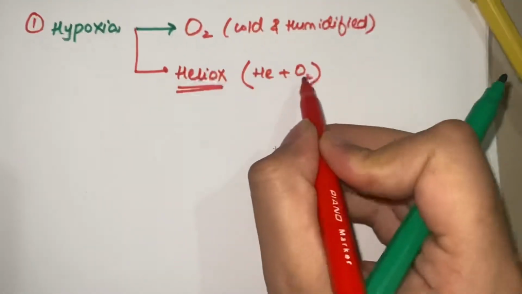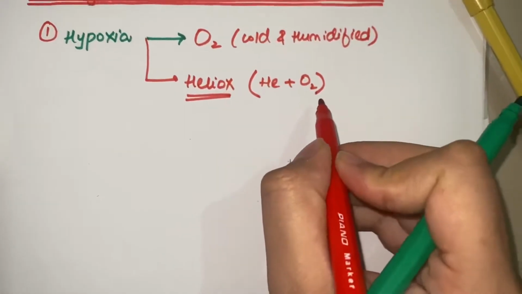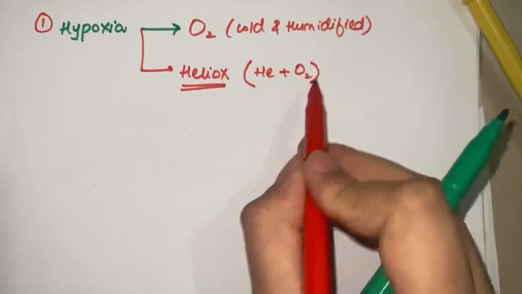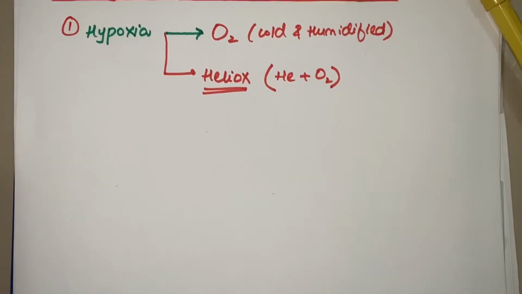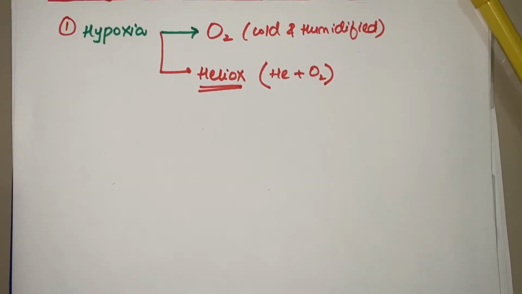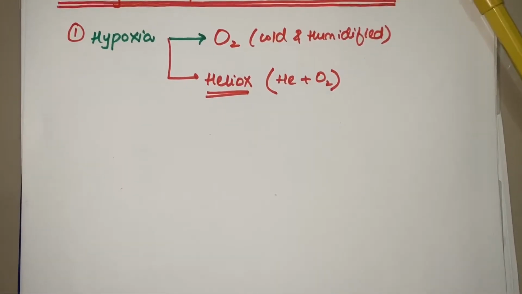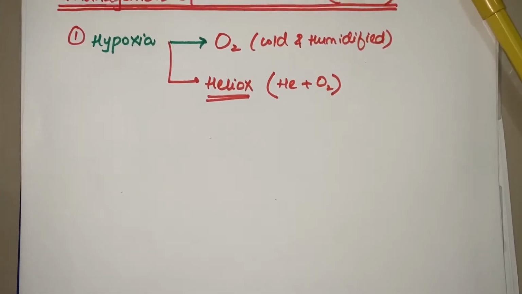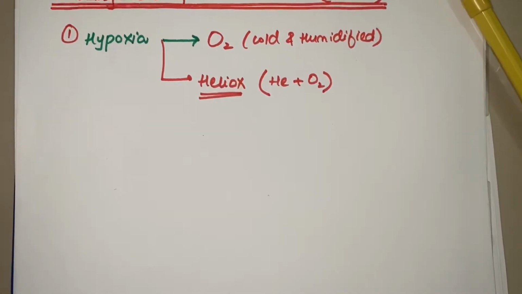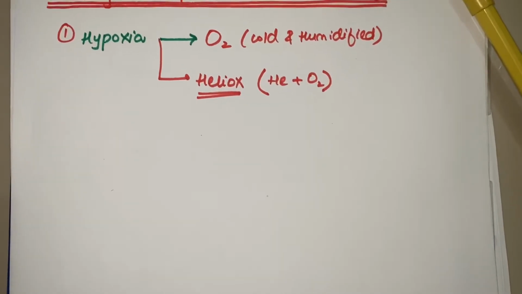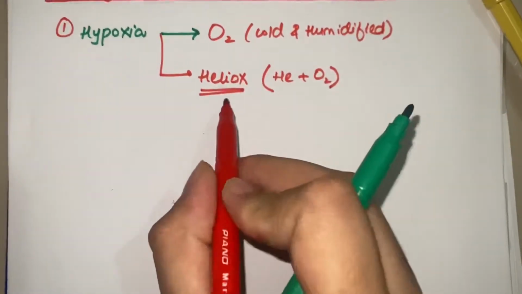Now, this gas is given to patients who are having respiratory distress. What it does is that it provides less resistance as compared to normal atmospheric air. So this less resistant air easily moves from the airways to the lungs, and hence it can easily be absorbed. So the problem is solved in that patient. Plus, it allows the lungs to make less effort for the inspiration and expiration mechanism. So this heliox is given.